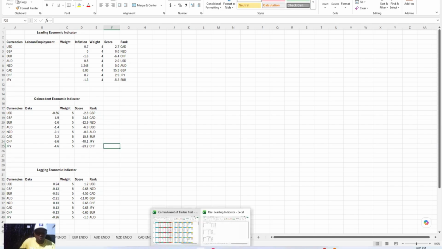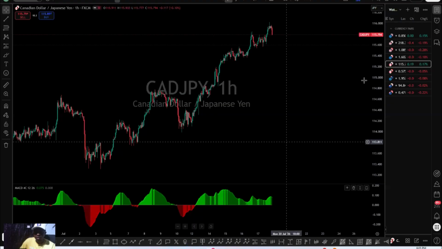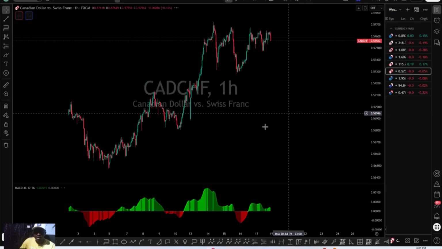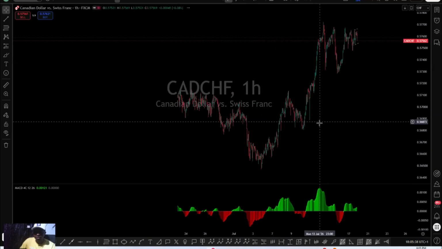So let's look at what we have in terms of the sentiment to see what CAD Swiss is doing. Similar thing with CAD JPY, we can see now from negative 15 and we are at negative 2. So that's also a very big push up in terms of CAD Swiss. So opening CAD Swiss now. CAD Swiss is also one of the pairs I'm going to be looking to see if I can take